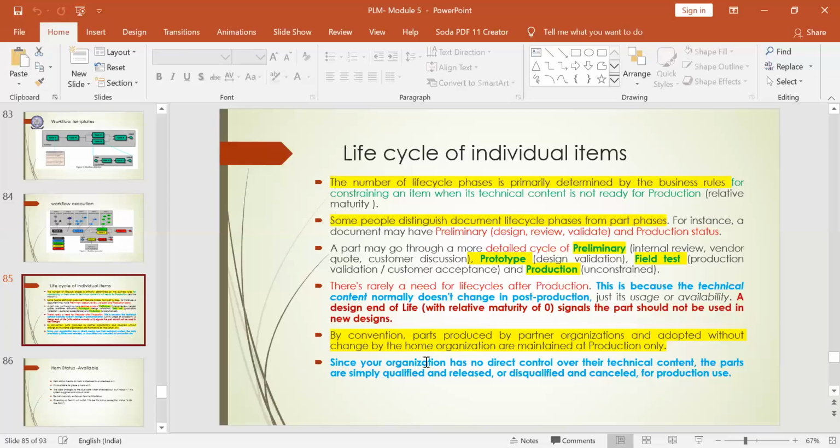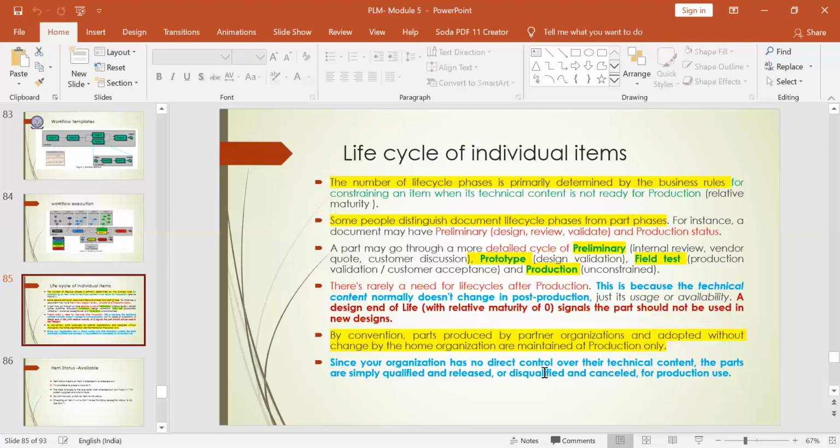Your organization will not have any direct control over the technical content and the parts which are manufactured by the partner organization. They can just say whether the part they have received from the partner organization is accepted or not. If it is accepted, they say that the part is qualified. If it is not accepted, if it is cancelled, then they say that the part is disqualified.